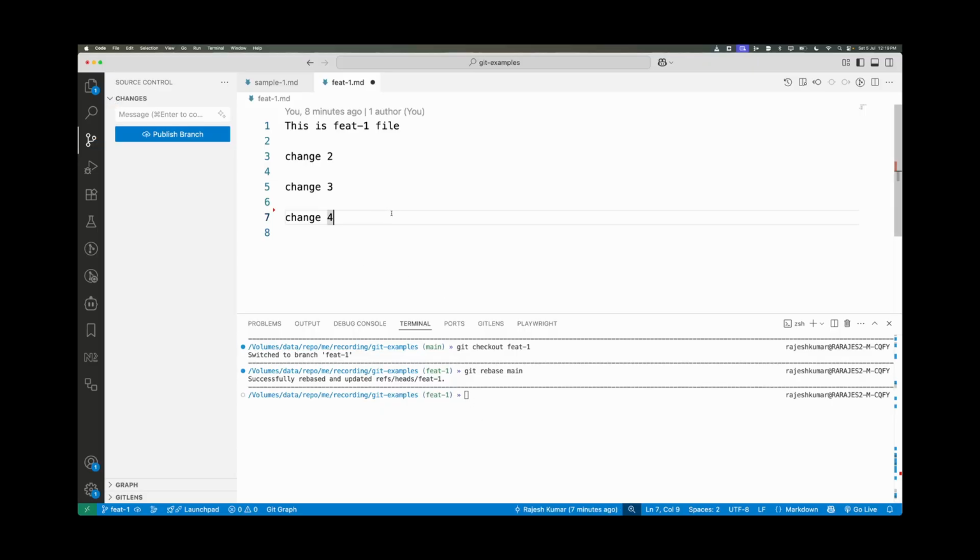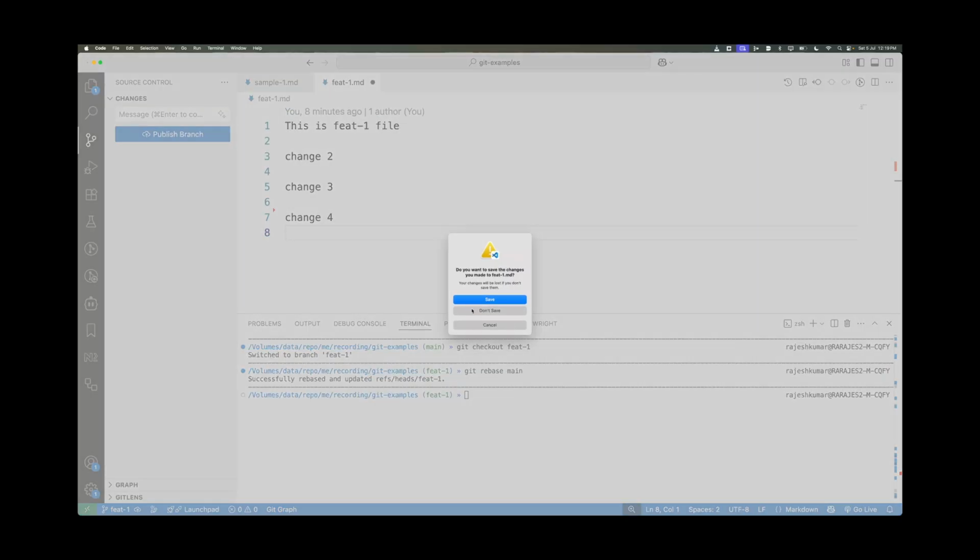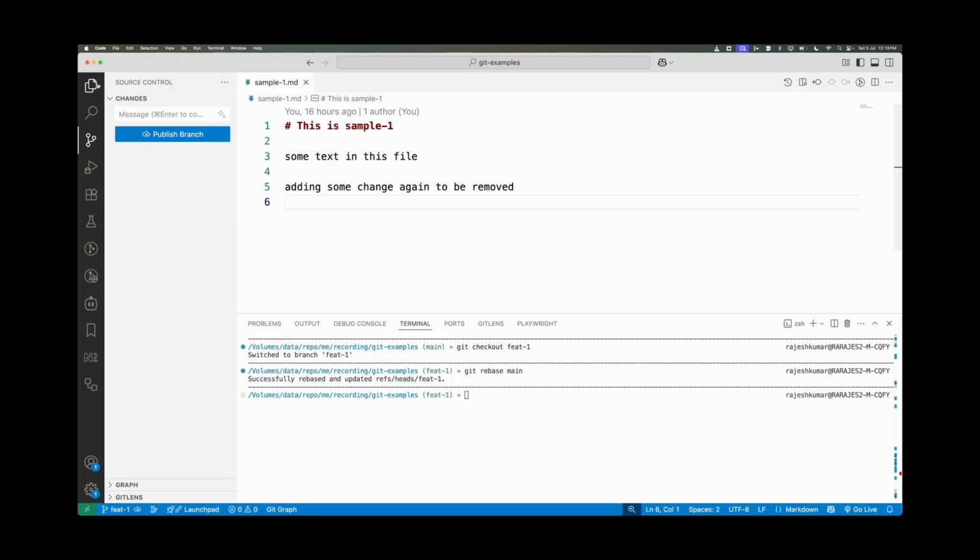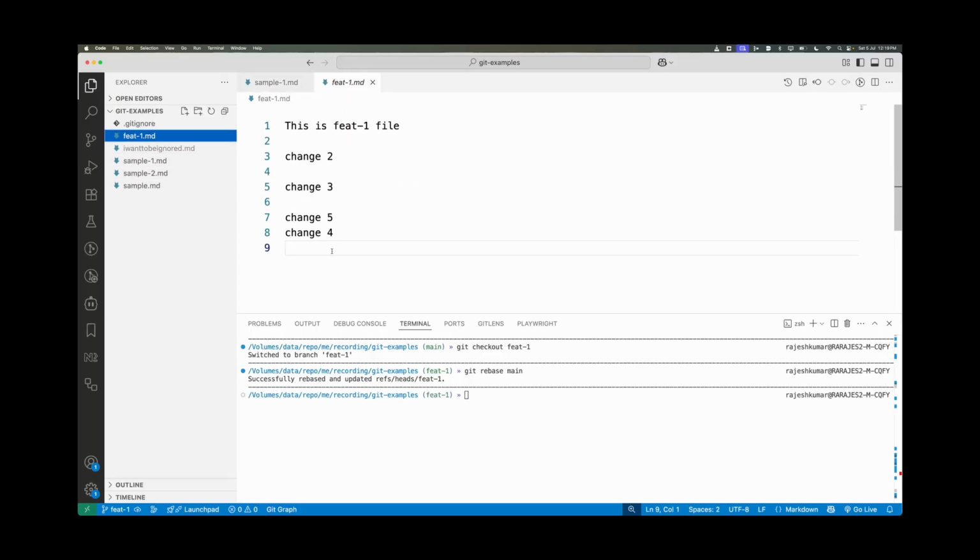And now, I think I did some mistake. Let me close it, don't save, and open it again. Yeah, so you can see that all those changes are here from the main. Now we have changes. So see, we have already seen one example of rebase. Now if you check the git log,